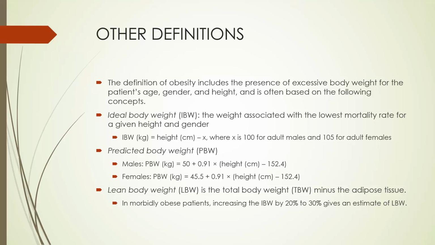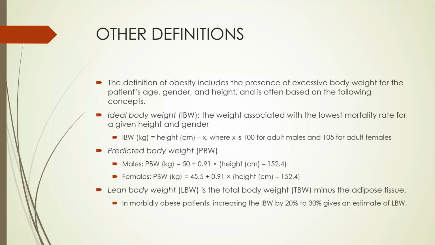The definition of obesity includes the presence of excessive body weight for the patient's age, gender, and height, and is often based on the following concepts. Ideal body weight is a concept originated by life insurance companies, and they reference height weight tables. It's the weight associated with the lowest mortality rate for a given height and gender and can be estimated using the Broca's index. So ideal body weight is calculated as height minus x, where x is 100 for adult males